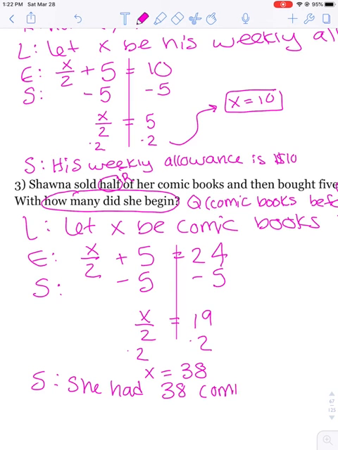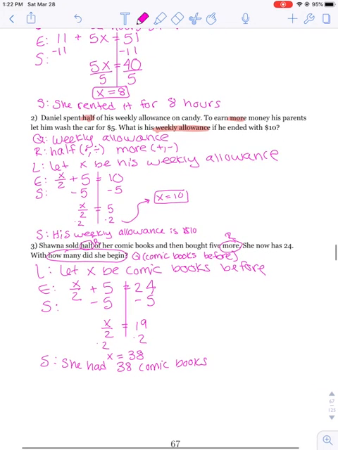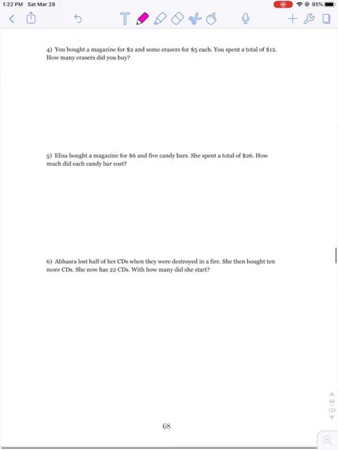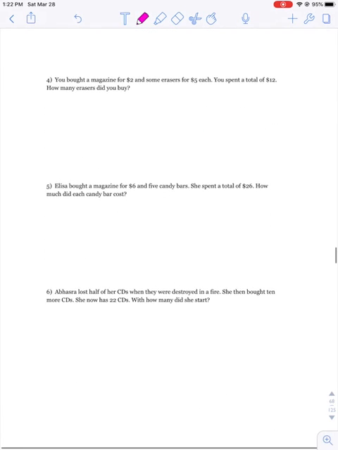She had 38 comic books. She sold half, bought 5 more. She sold half, so she would have had 19. Then she bought 5 more, which is 24. And yeah, that equals 24. So that's just a little double check to make sure it does make sense with the problem. All right, go ahead and try